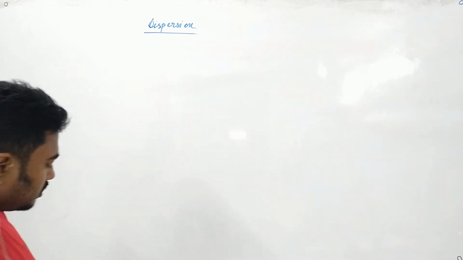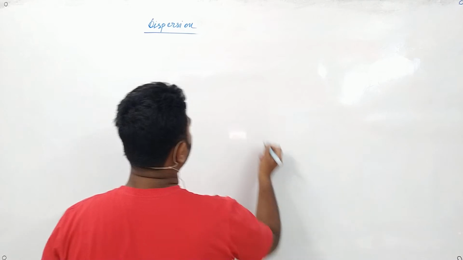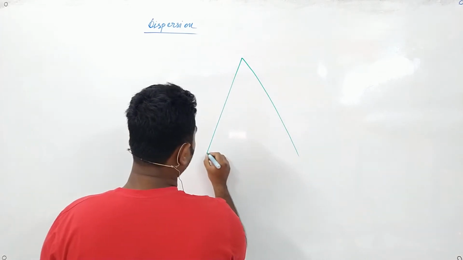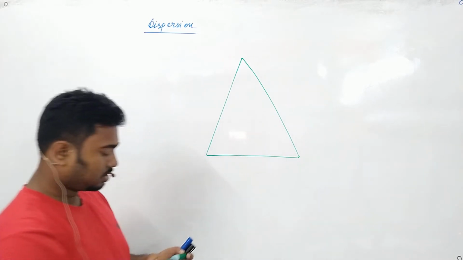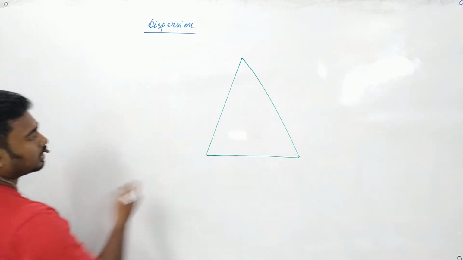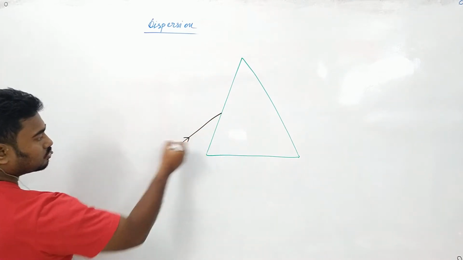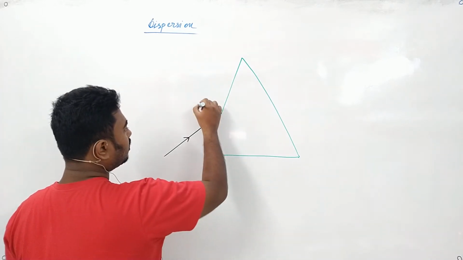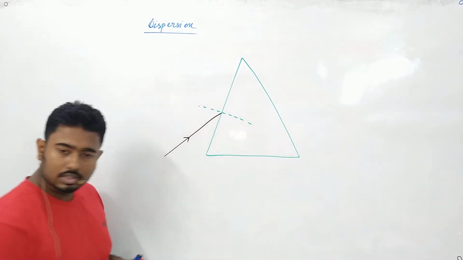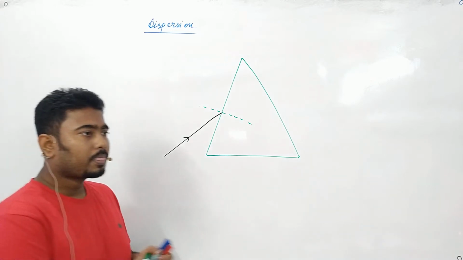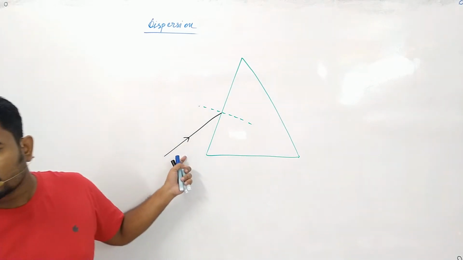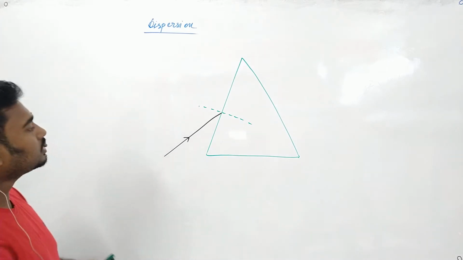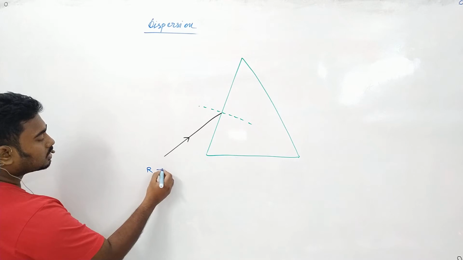Okay, suppose I have a prism here. Now I brought a white light. This black ray is actually a white light. Now the ray fell on this surface, so we can draw a normal on this surface. Now the white light is composed of all of the colors, right? Let us think just simply that it is composed of a red light and a blue light.